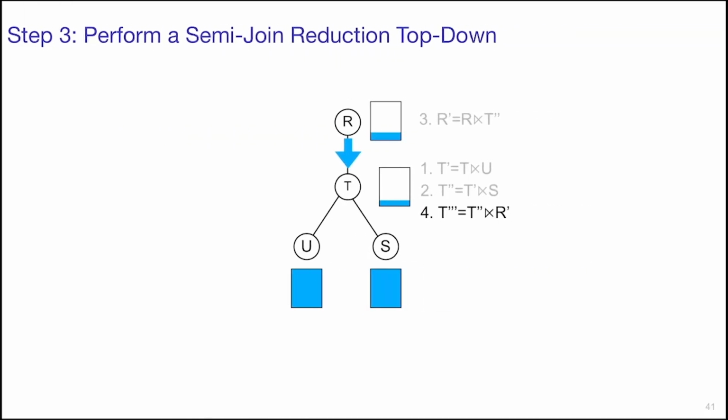That happens now in the top-down step. Now I create another T prime prime, which reduces T prime prime further, and then I propagate the information to U, creating a U prime, and to S, creating an S prime, and then I'm done. Now all of these